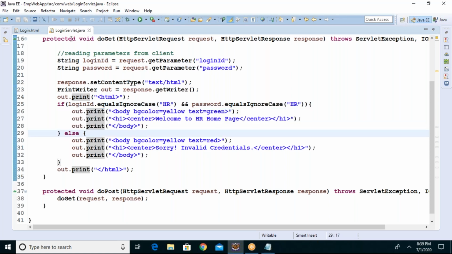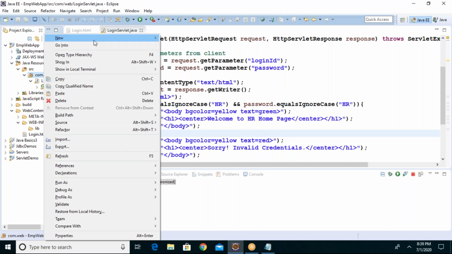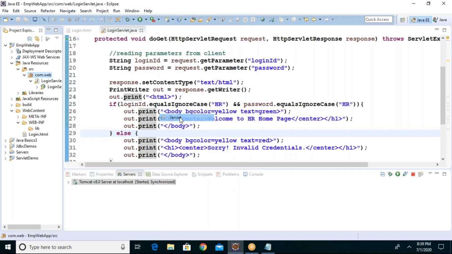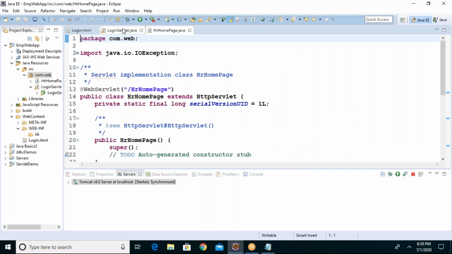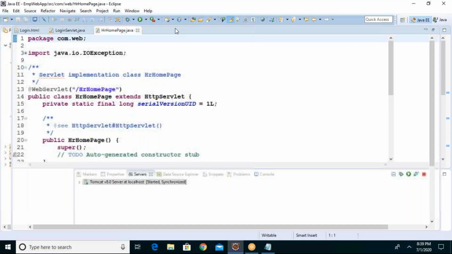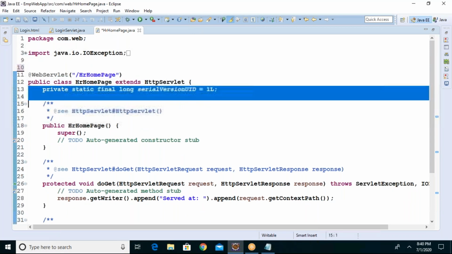How can we do that? That means I will create one home page inside the com.web package, a new servlet, HR home page. This is the servlet, guys. HR home page is the servlet I have created. I'll remove the code.